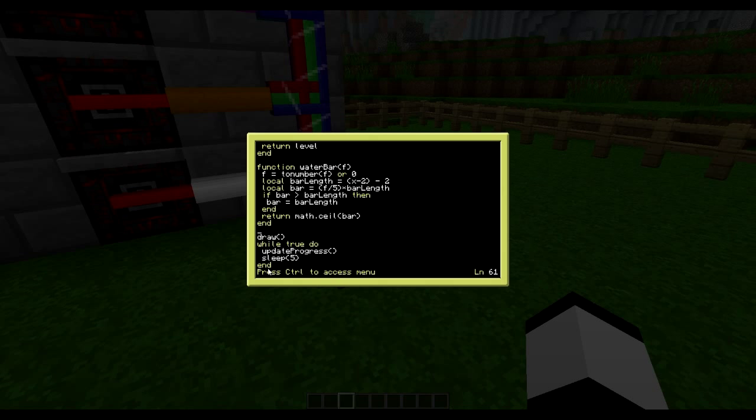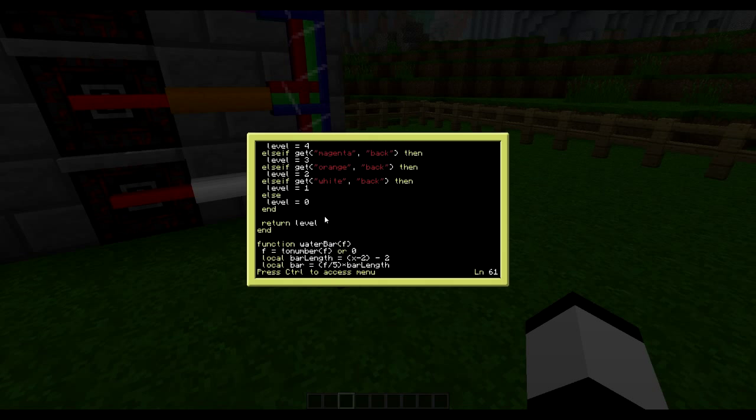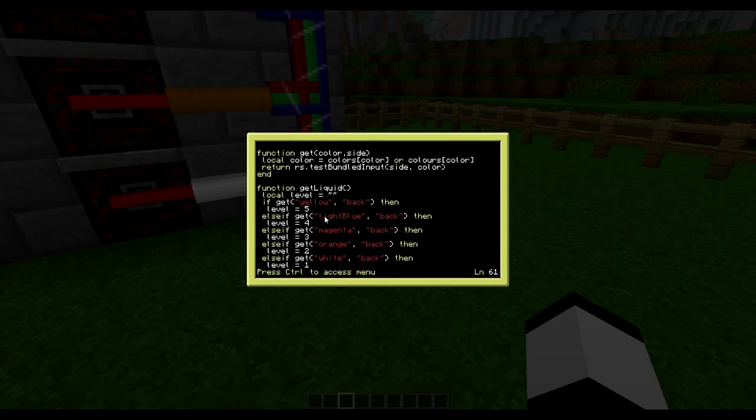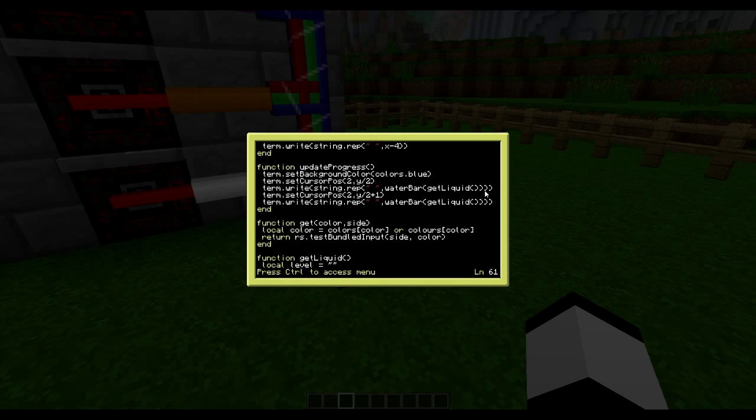And here is the actual program that runs all the time. So first it will draw, and then it will go into the while loop and loop eternally. So first it will update the progress and sleep 5 seconds, and then update the progress and sleep 5 seconds, and update the progress and sleep 5 seconds. So it will continuously do that all the time. So that's really all there is to it. So this is probably the hardest part to understand for some of you, but